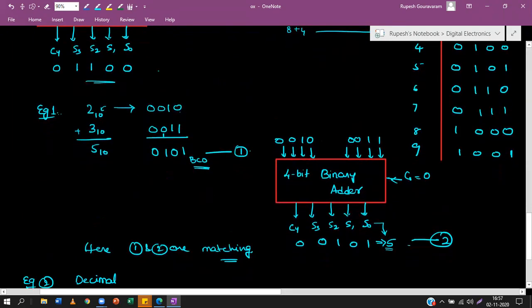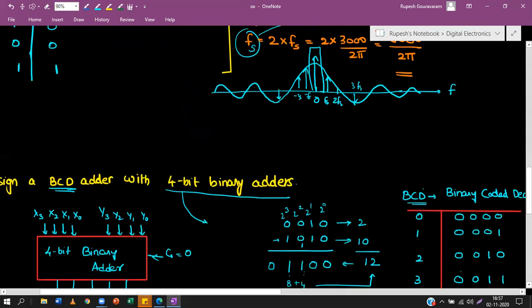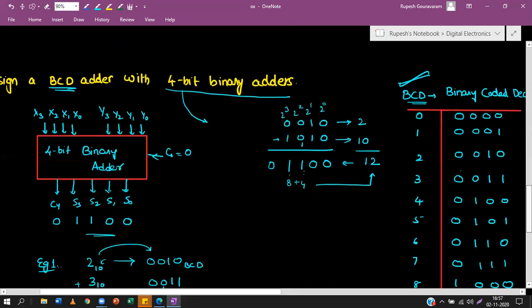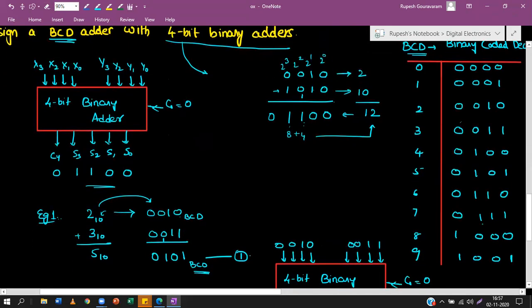What I'm trying to explain here is when 2 is written in BCD form. The BCD form is taken from this table that we have already seen. So from this table, I have taken the BCD format. 2 is represented by 0010 and 3 is represented by 0011. I have taken the two BCD numbers here, and if you add the two BCD numbers, we got 0101 in